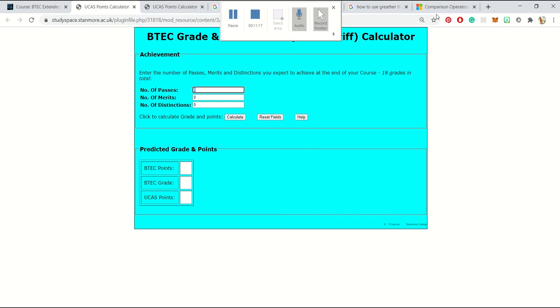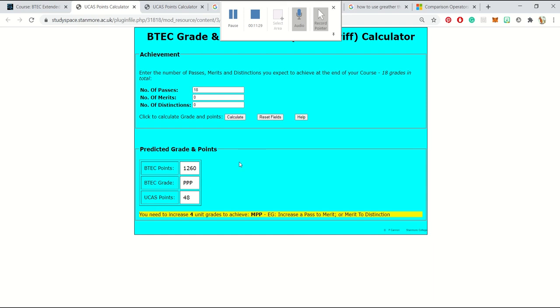So first of all, you need to have 18 subjects. My example showed you 16 subjects, so you should have 18. You should be able to tell from here that if you have 18 passes and you calculate, what you have is triple Ps. And if you have 14 passes, 2 merits, and 2 distinctions, and you calculate, you'll have